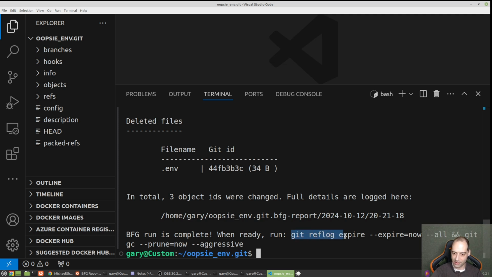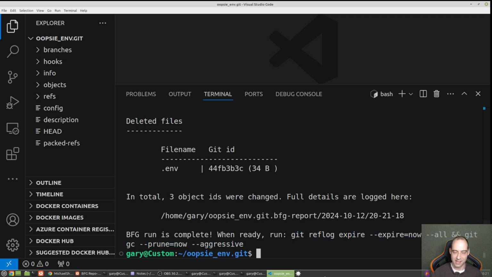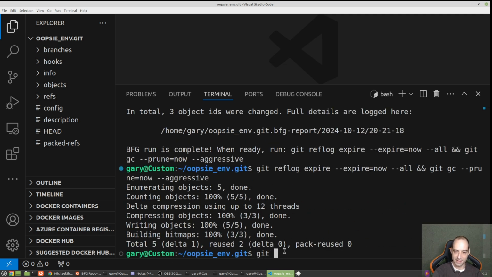We want git reflog expire --expire=now --all, and git gc, garbage collection, which if you're not familiar, just garbage collects things that are orphaned, with --prune=now --aggressive. And if we run that, we just need to git push --force,